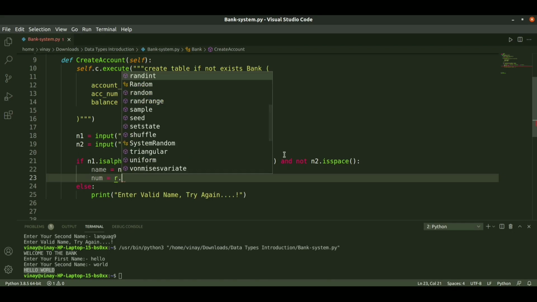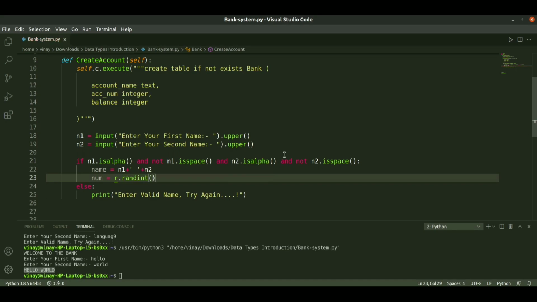So R dot randint, so we need to generate an integer ranging over, let us take an 8 digit. Between this number we generate an account number, and this generated account number will be assigned to the num variable.